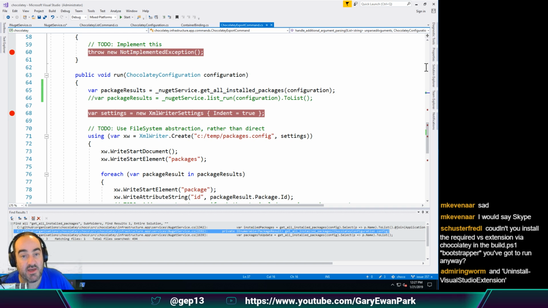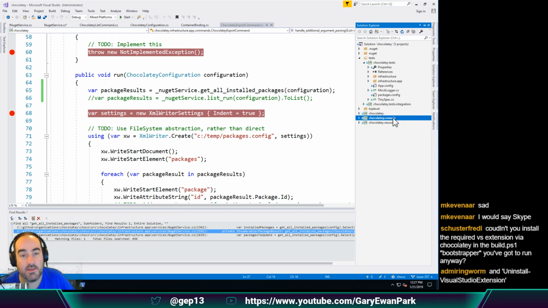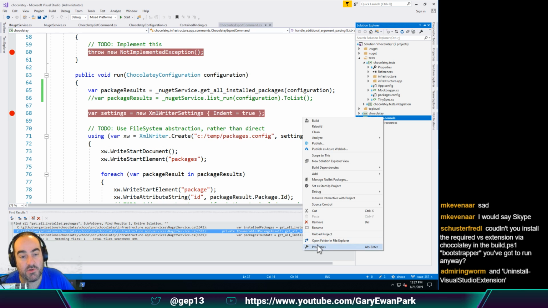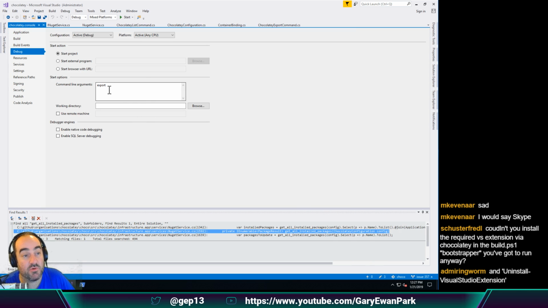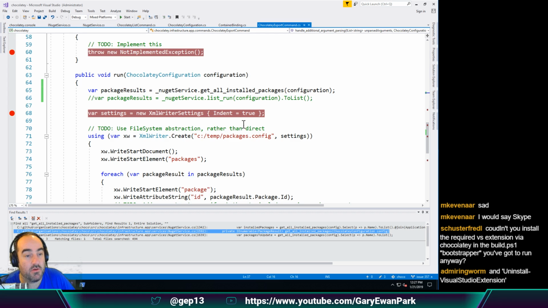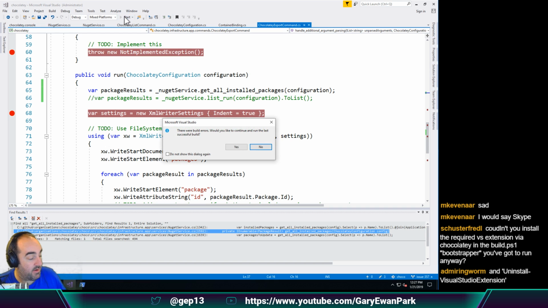So let's go ahead and save that, and let's check to make sure that everything's saved, and then let's have a look at the properties of this to ensure that we're still running the export command. We are. So we'll set a breakpoint on there, which we've got. So let's go ahead and run this and see what we get out. Oh, I'm going to build